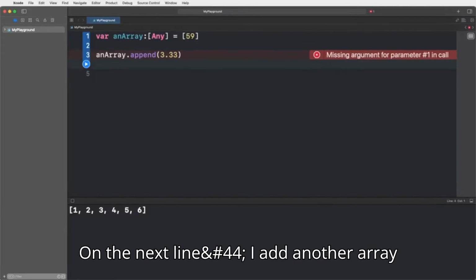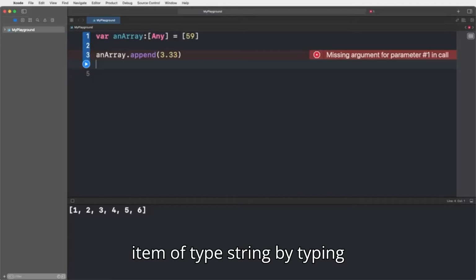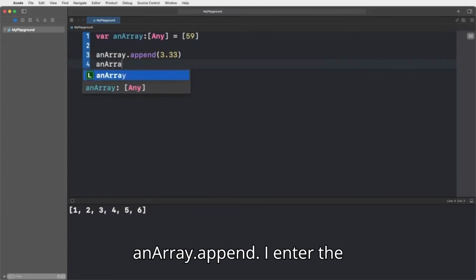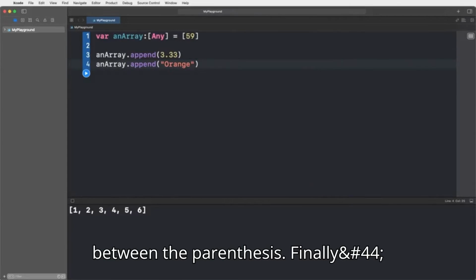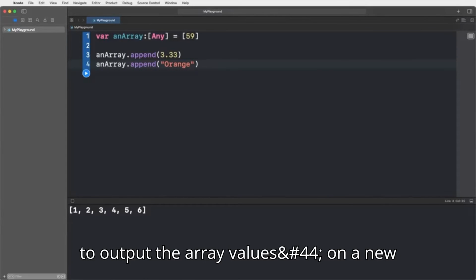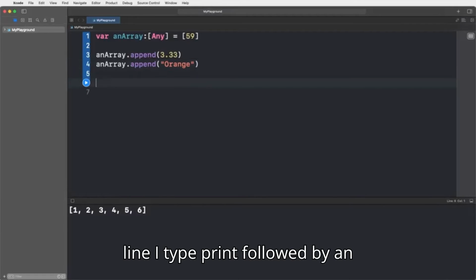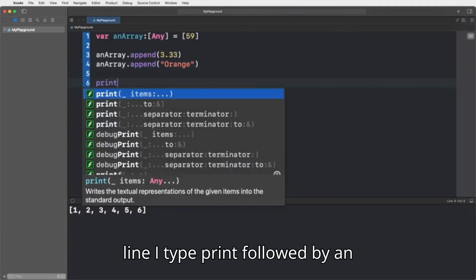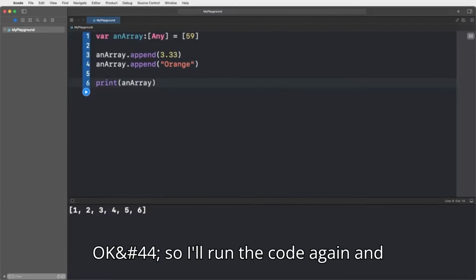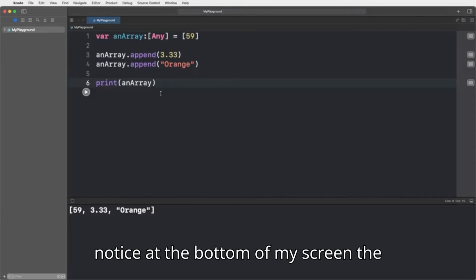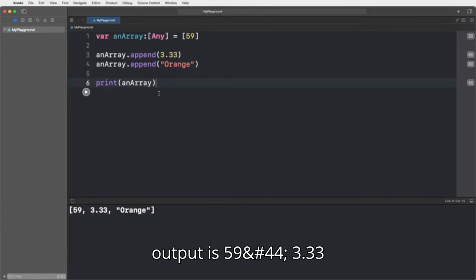On the next line, I add another array item of type string by typing anArray.append. I enter the string orange, enclosed in quotation marks, between the parentheses. Finally, to output the array values, on a new line, I type print followed by an array placed inside the parenthesis. OK, so I'll run the code again and notice at the bottom of my screen the output is 59,